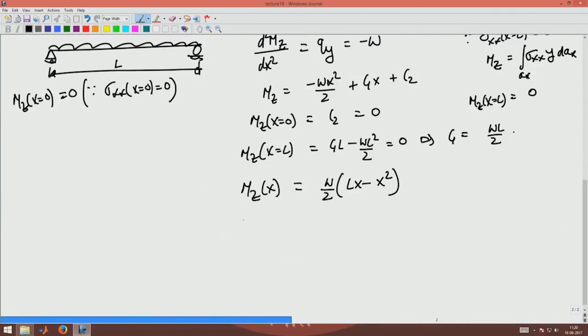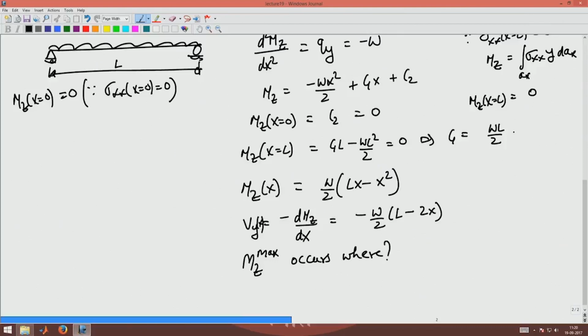So, Vy is minus dMz by dx, which is minus W by 2 (L minus 2x). So, that is Vy of x. Now, I am interested in finding where the bending moment Mz max occurs. To maximize a function, I have to set the derivative to 0. The maximum or minimum of a function will occur where the derivative of the function goes to 0, and hence